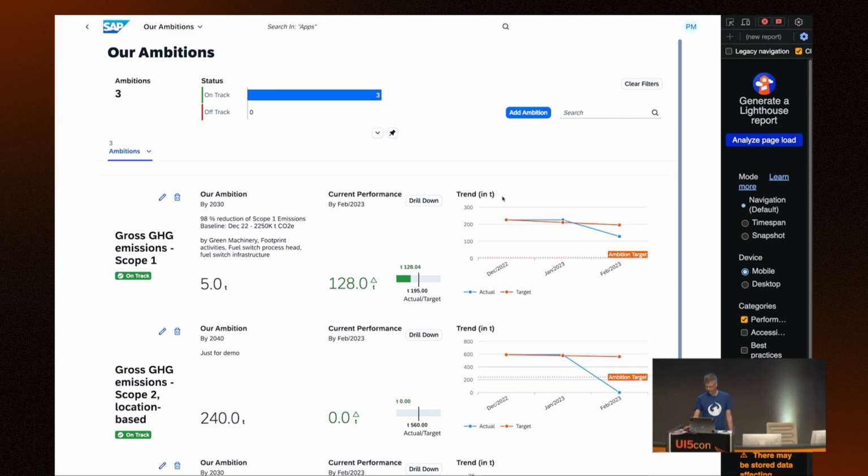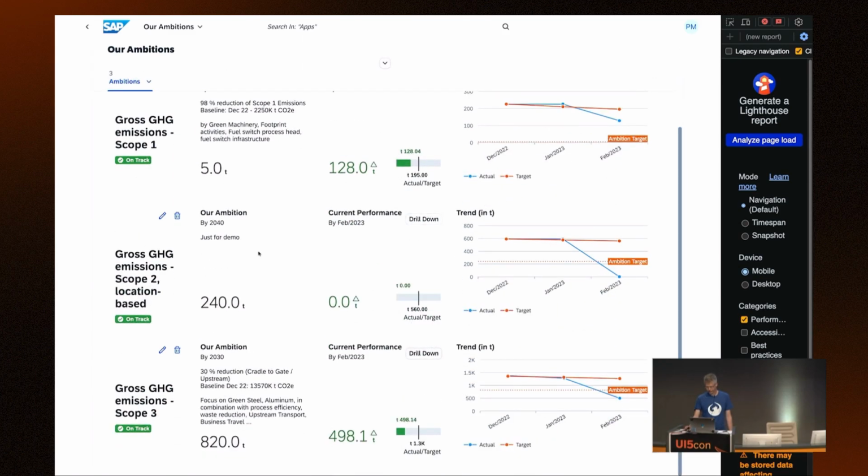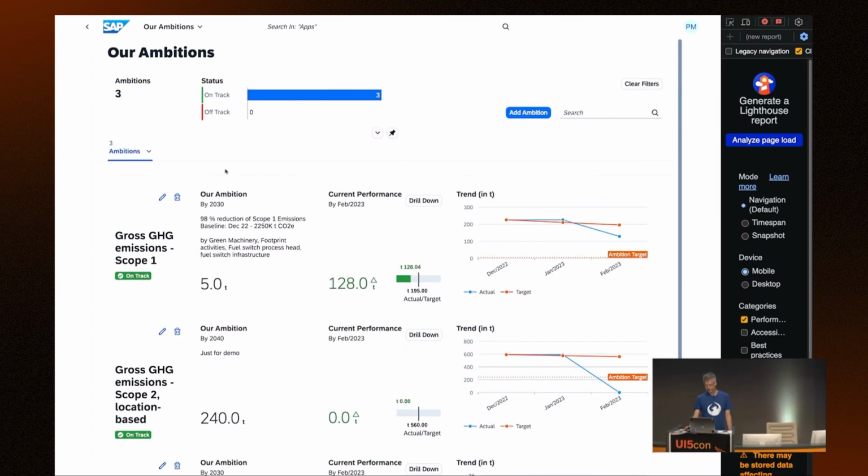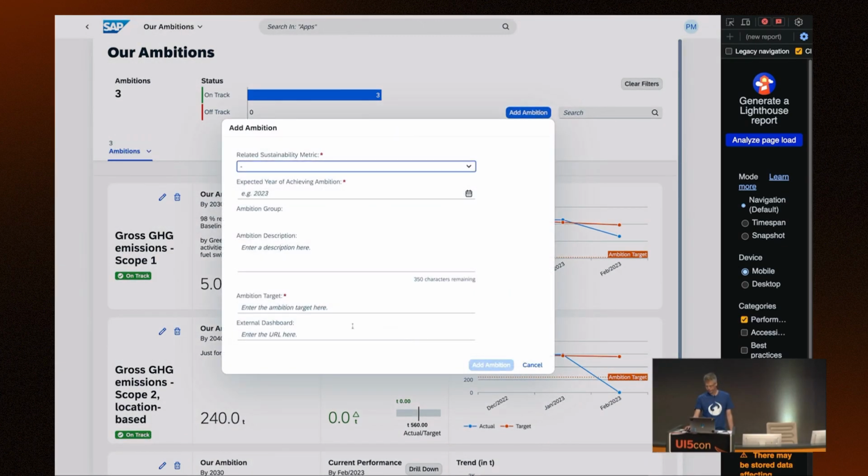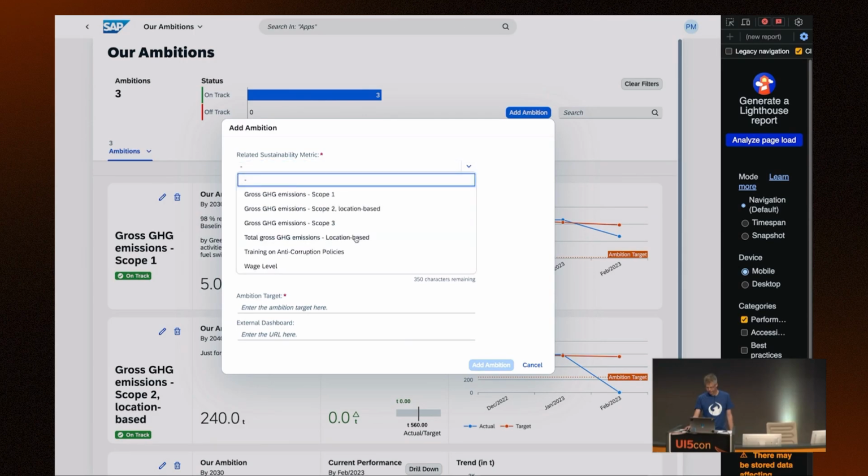And now let's see also something in action. So the application is about sustainability metrics. The other application I mentioned, there you can define such metrics. And here you can specify what metrics you want to follow and what your goals are. And you can see here with the graphs where you are with your goals. Now, for demo purposes, let me try to add the total gross emissions.